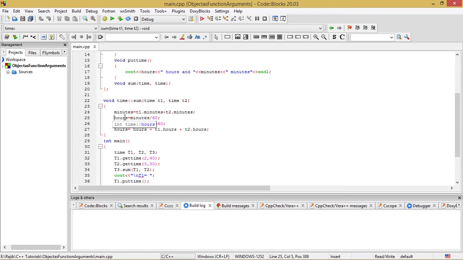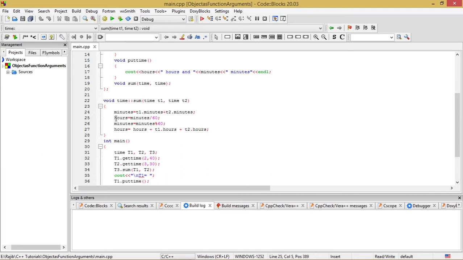I think it will not be 2, because t1.minutes plus t2.minutes will give something like, suppose, 5 hours 40 minutes and 3 hours 30 minutes. There will be no such values like 5 hours 60 minutes or 3 hours 70 minutes. So there is no question of getting 2 in this hours.